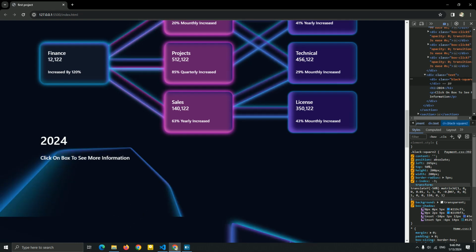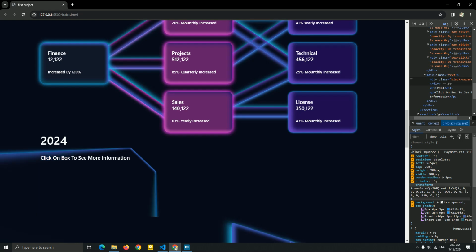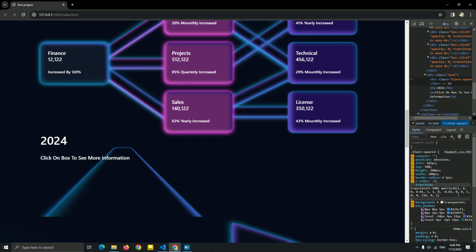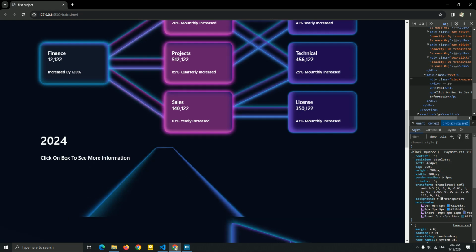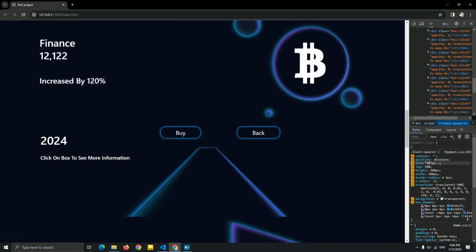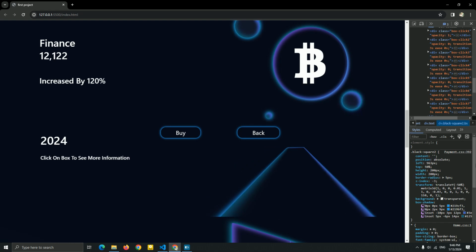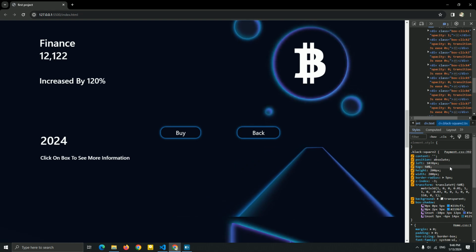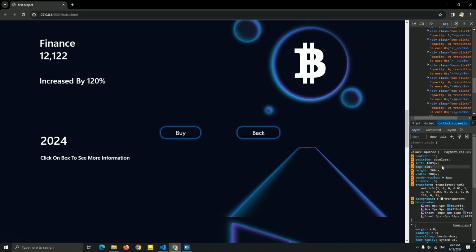This is too much. Yeah, this is good. Now let me just change this position to the right. And I'm gonna just add here for this. Okay, I think this is good. Yeah, something like this. Okay, this is good.